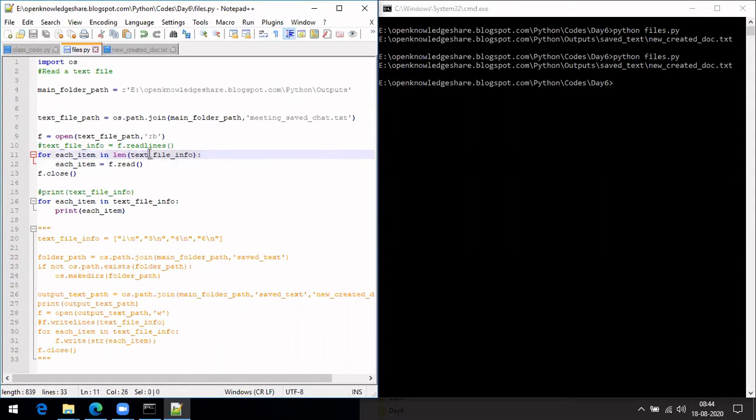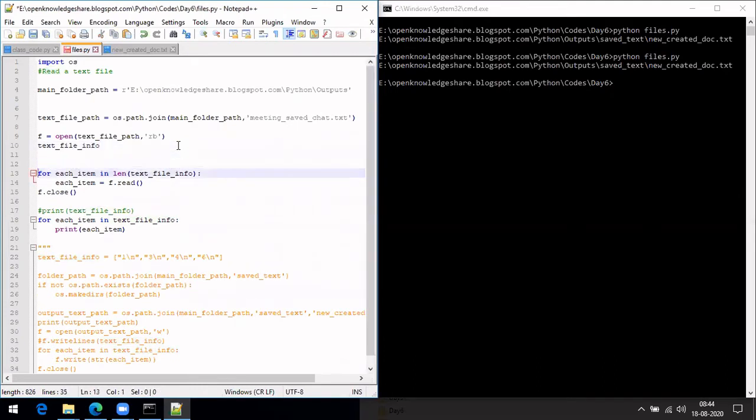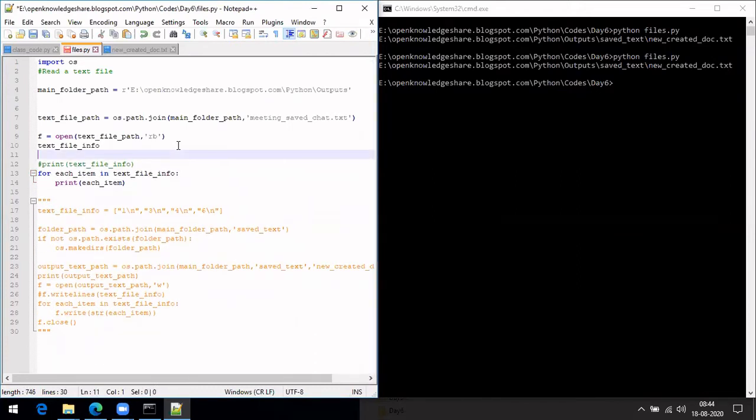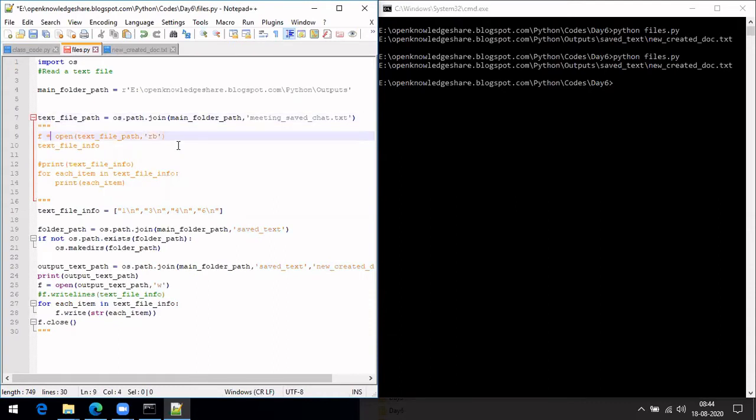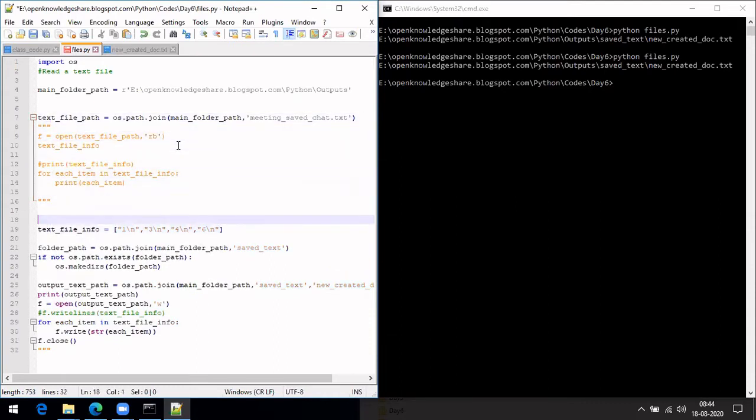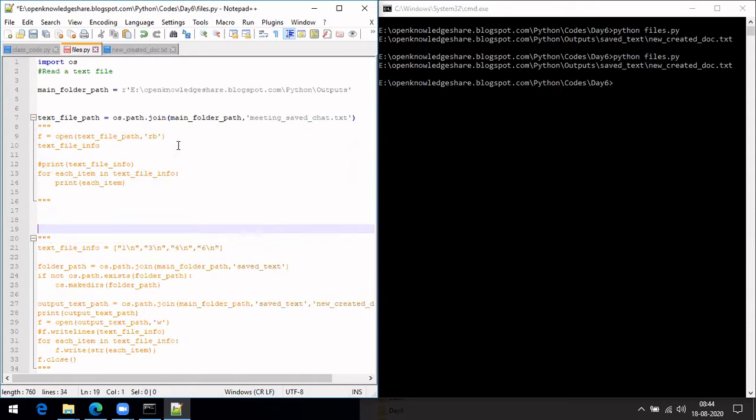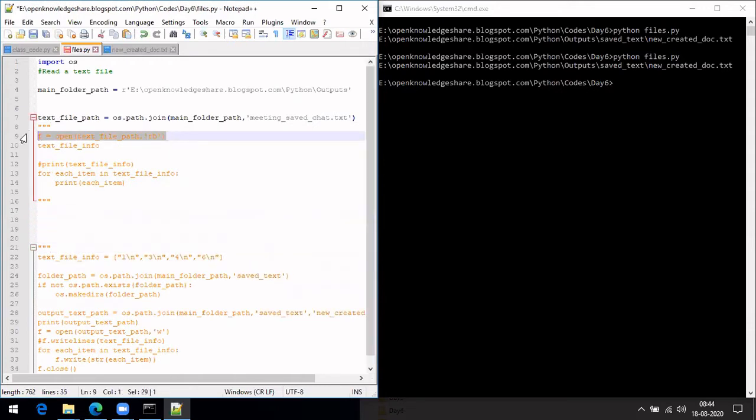So we can't do it this way, because if you use it directly, it will load all the data into memory. So this should not be done. Let's keep it for your reference. So let's make a copy. Let me copy it. Okay, so till here it should be done the same way. Let's open it in R mode.